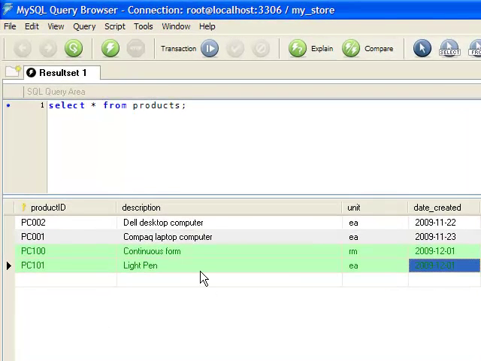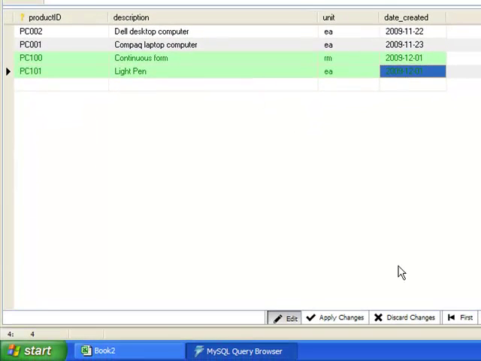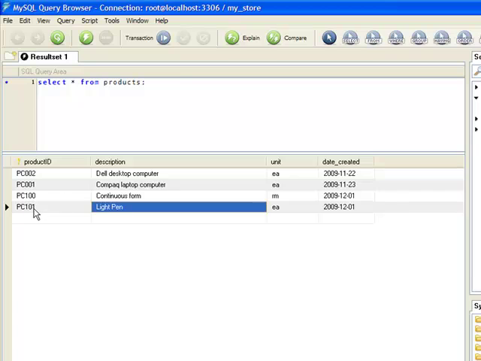So you could see again that two rows are colored in green. Okay, so if we apply the changes, this is already installed. To disable the edit mode for the table, you just press edit. It's no longer in edit mode.